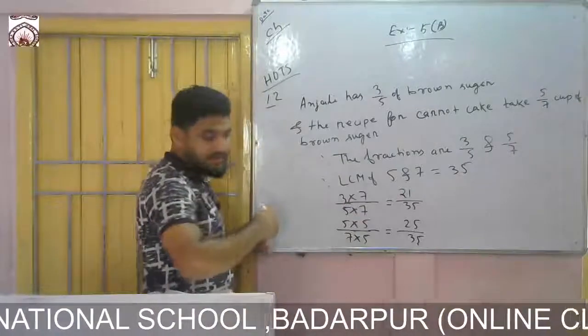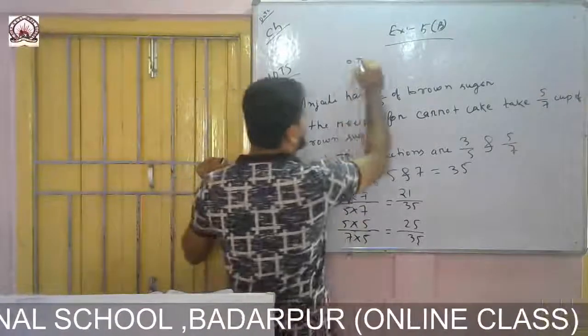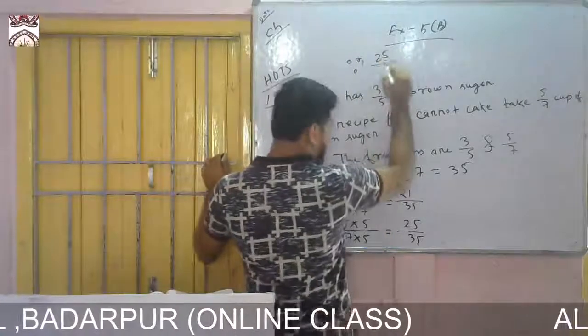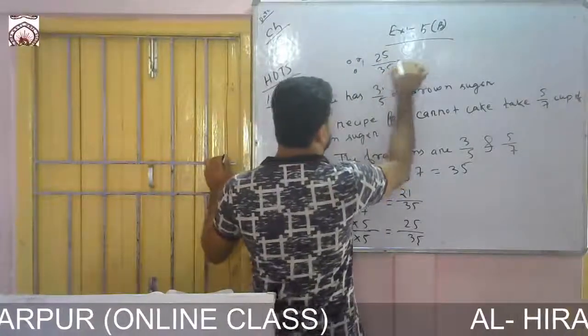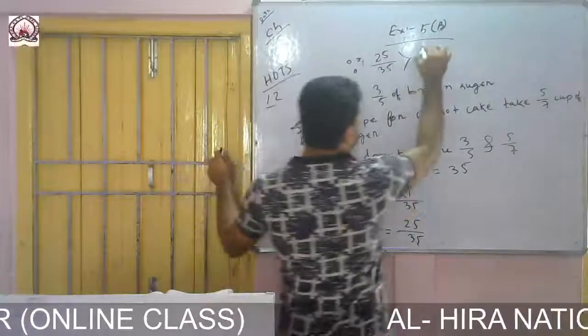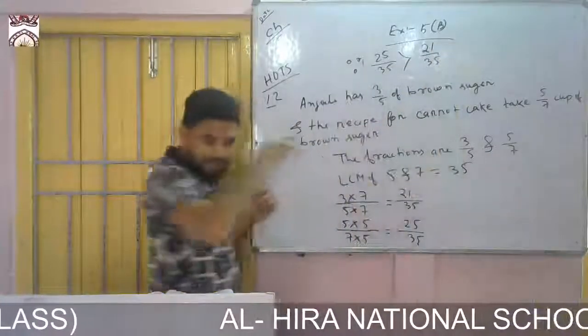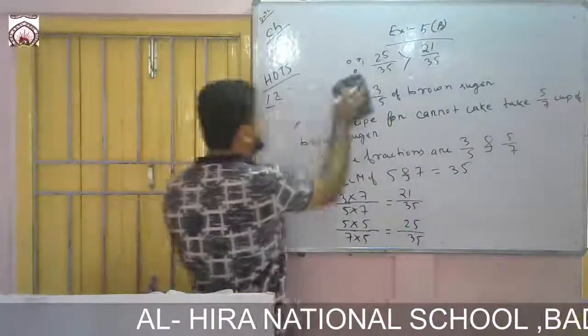Now write. Since 25 by 35 is greater than 21 by 35. Therefore,